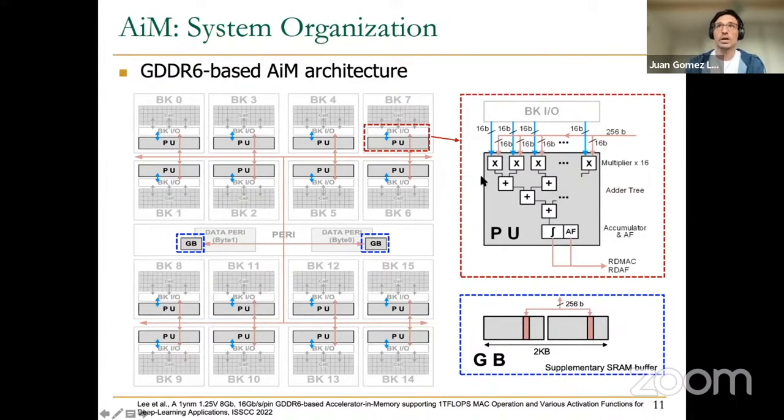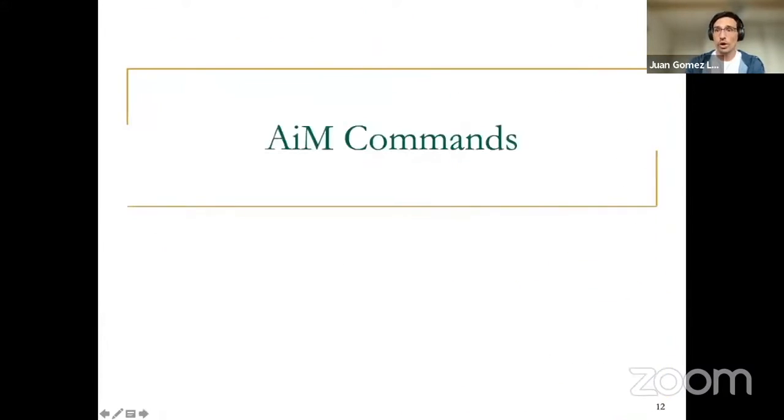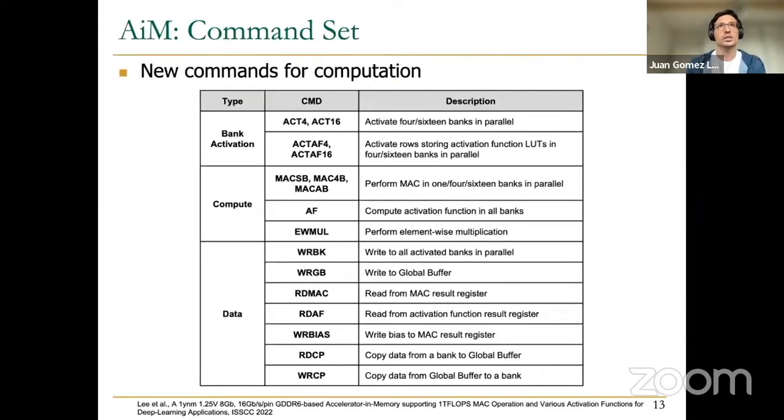After that, the partial results from the multipliers will be reduced using an adder tree, as you can see here. And finally, the value obtained in this accumulator can go through an activation function as well. We will see how. The way to control this architecture is by using some new commands that SK Hynix proposes